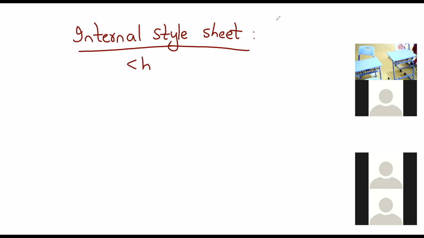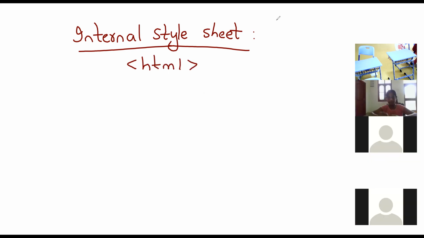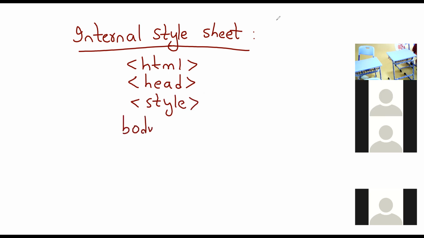Example, I'll give you. How do we apply this to the parent? That's what I'm showing. One second. Example, I'm writing how to apply. The style sheet should be included in the head tag. So head is here, next style. This is the internal style we are applying. Okay. Observe carefully. Background color.